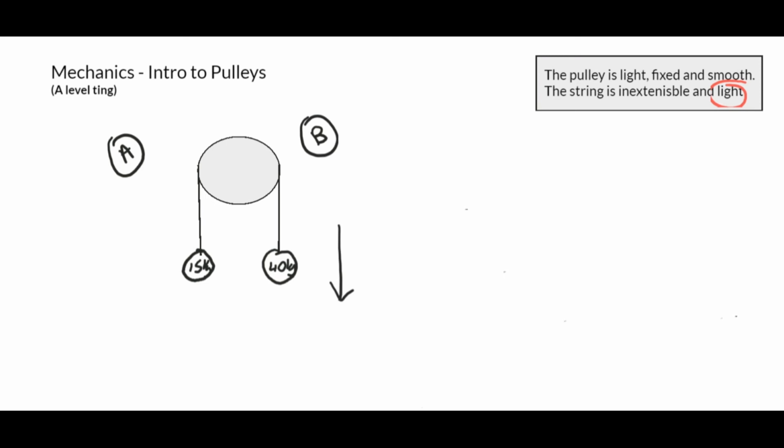Because remember, if you put your hands out, you put 40 kg on your right hand and 15 kg on your left hand, your right hand's going to drop immediately, because it's more heavy. So that way, I know it's going down to the right-hand side. So I put A going down like this. Therefore, it's going up on this side, A. You get me? These A's are equal.